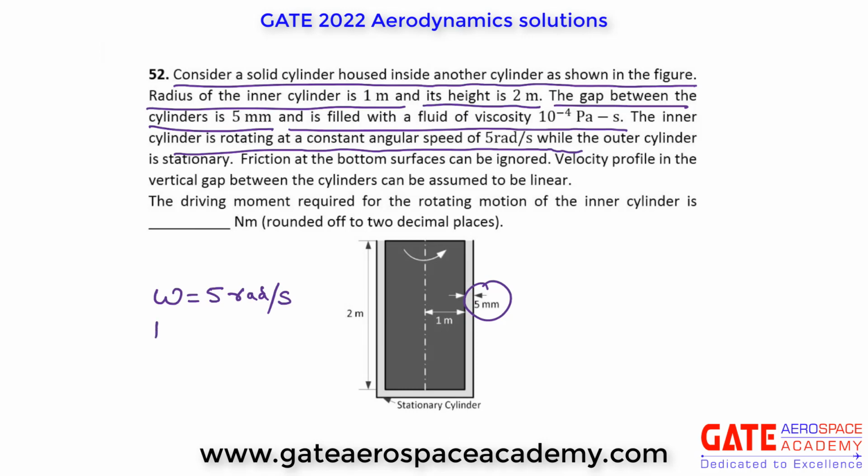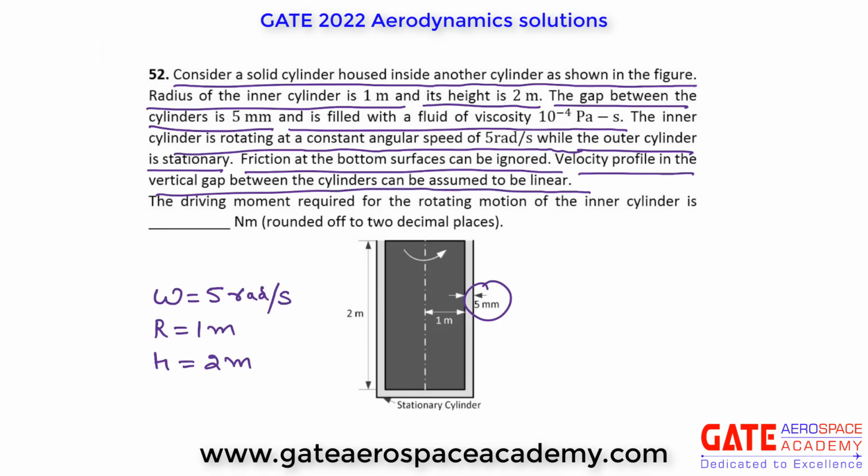Radius of inner cylinder r is equal to 1 meter and its height is 2 meter, while the outer cylinder is stationary. So outer is stationary, inner is rotating. Friction at the bottom surface can be ignored. Velocity profile in the vertical gap between the cylinders can be assumed to be linear. The driving moment required for the rotating motion of the inner cylinder is in Newton meter. And if you remember, this type of problem was given in the homework after lecture 1 and lecture 2